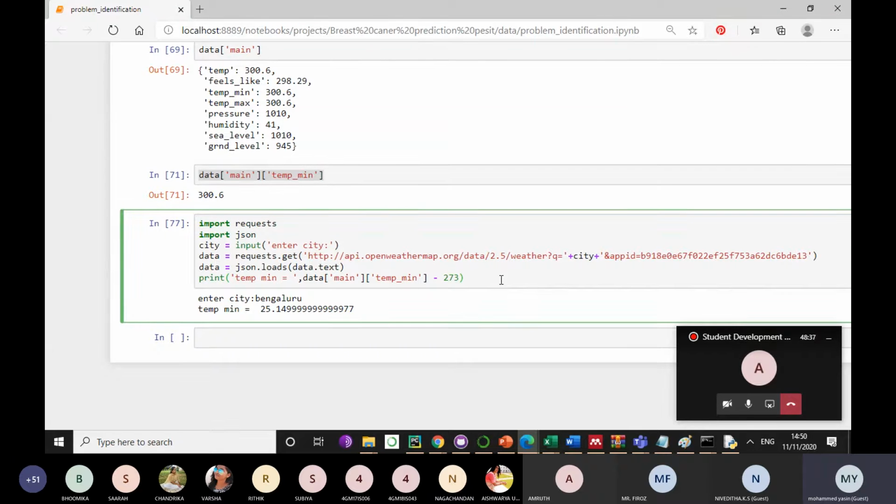Please try this in your system. After this, we will go for your UI thing. That's the reason I want you to try this now itself. Anybody has any issue, please let me know.